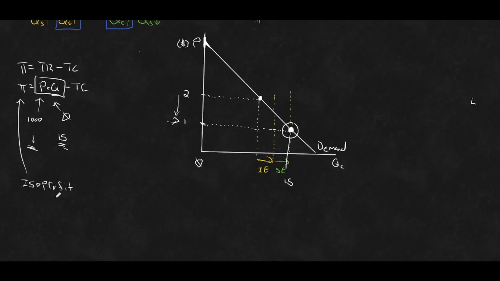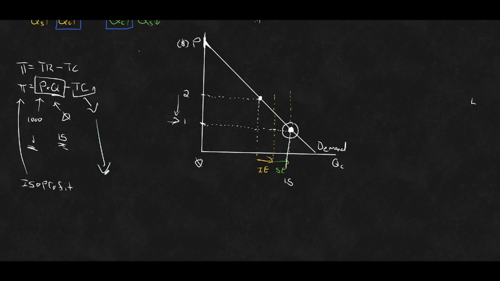In order to get to this ISO profit, we need to quickly open up total cost. To quickly open up total cost is a bit more than just quickly doing it, but we'll start off with the basics so that we can build this ISO profit. And then from building this ISO profit, we'll then dive a bit deeper into the cost side of the firm. So altogether,